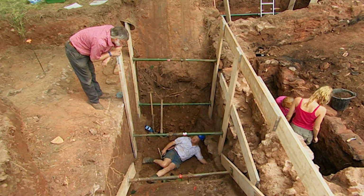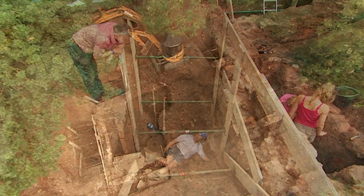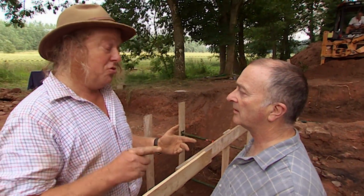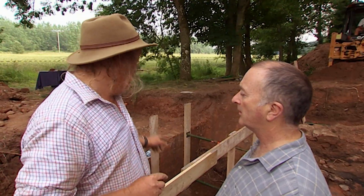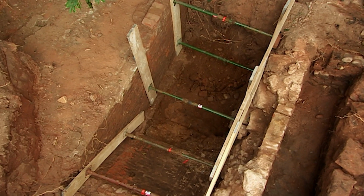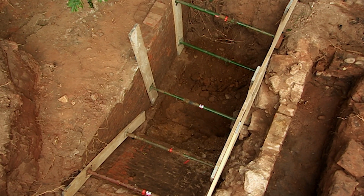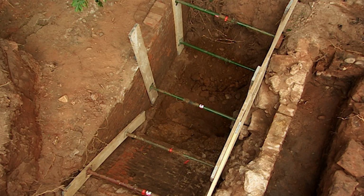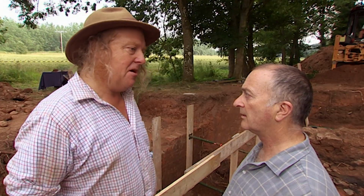Exactly. Yes. The timber in this trench suggests a much earlier phase for the wheel pit than we'd thought. Everything says 17th century, but I also think that we've probably got stuff earlier, because the bottom of that leat is incredibly well worn. It's incredibly full of gravel, and right down there, I mean, we've got timber in that goes underneath the floor. I think we're looking at a medieval material, unquestionably. But I think you see the topographical situation of the place argues that it's earlier even than the structural